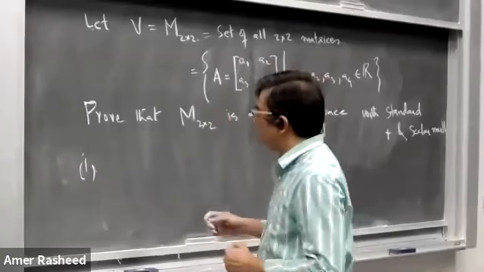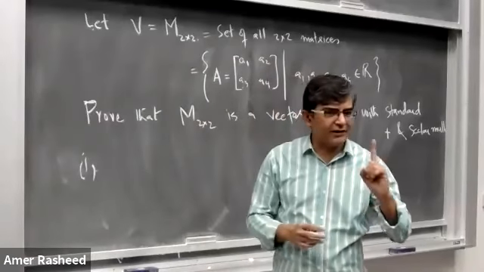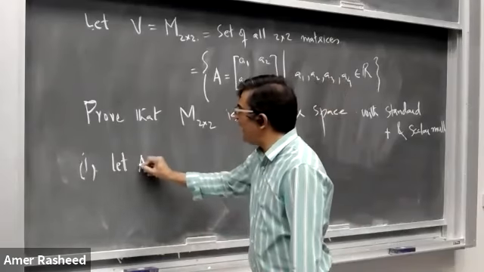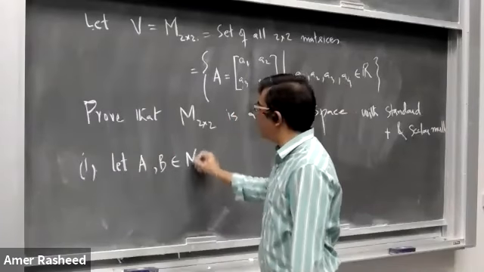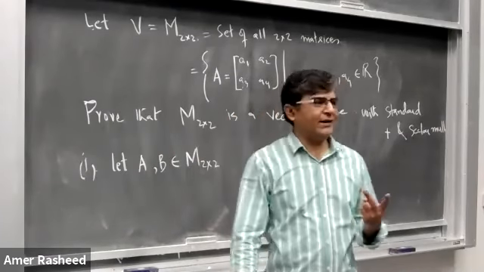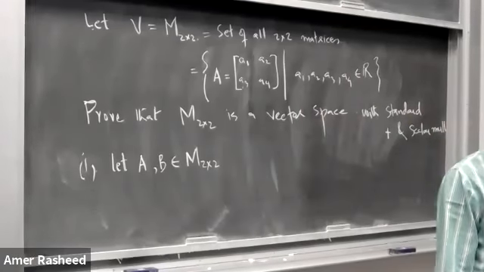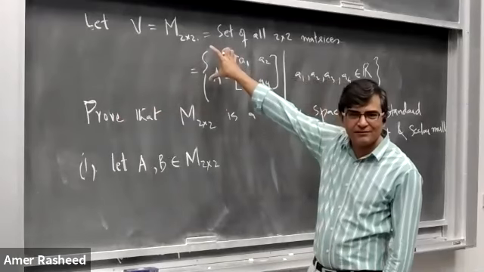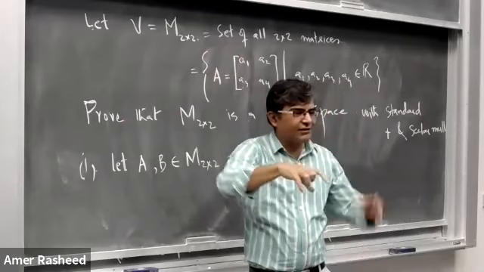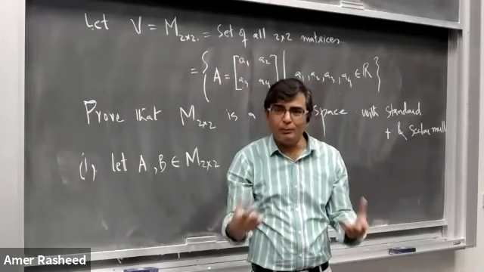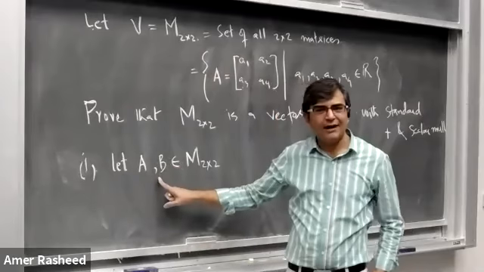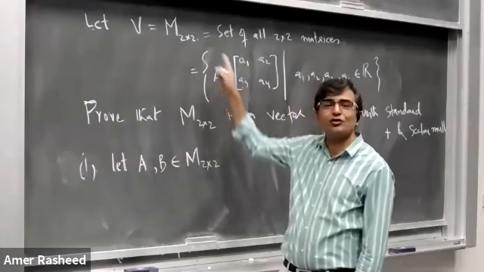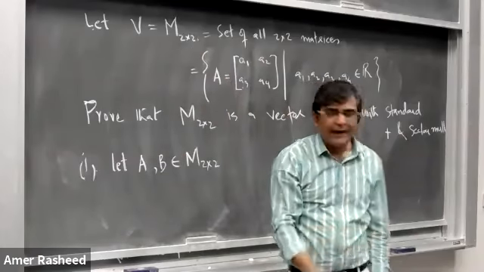Okay. Now, in order to prove the closure property, first under addition, what we need is any two elements. Okay. हम क्या करते हैं? Let A, B belongs to M 2 cross 2. A और B क्या है? दो मैट्रिसेस हैं 2 cross 2 ऑर्डर। वहां पे X वेक्टर या Y वेक्टर नहीं लिखेंगे हम। Nature of the set have been changed. Now the elements of the set which is under consideration are matrices. तो matrices को कैसे डिनोट करते हैं हम? A B से। अब हम X वेक्टर Y वेक्टर नहीं लिखेंगे, हम क्या लेंगे? दो एलिमेंट्स लेंगे उस सेट के जिसको हम वेक्टर स्पेस प्रूव करने जा रहे हैं।